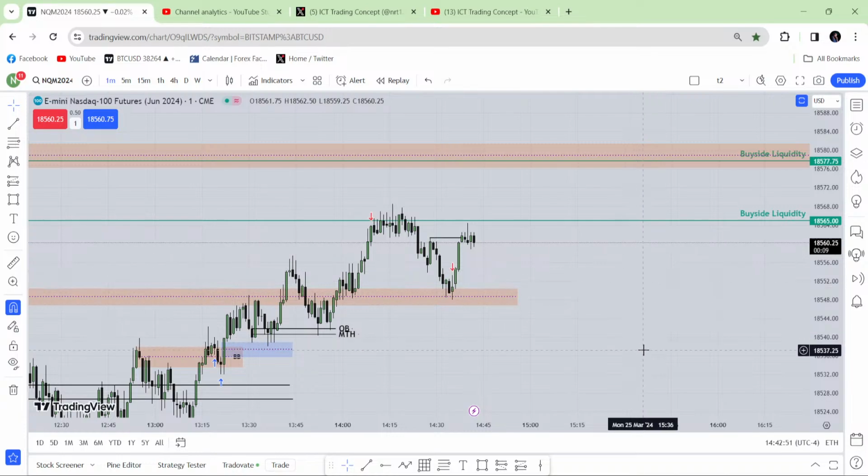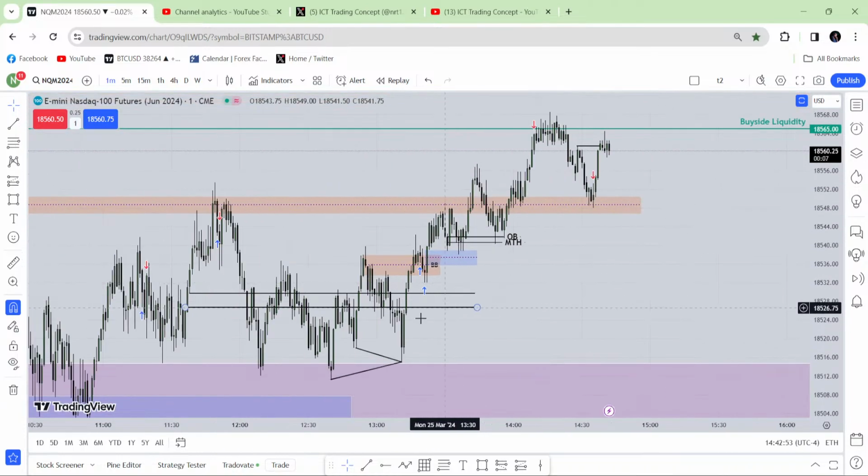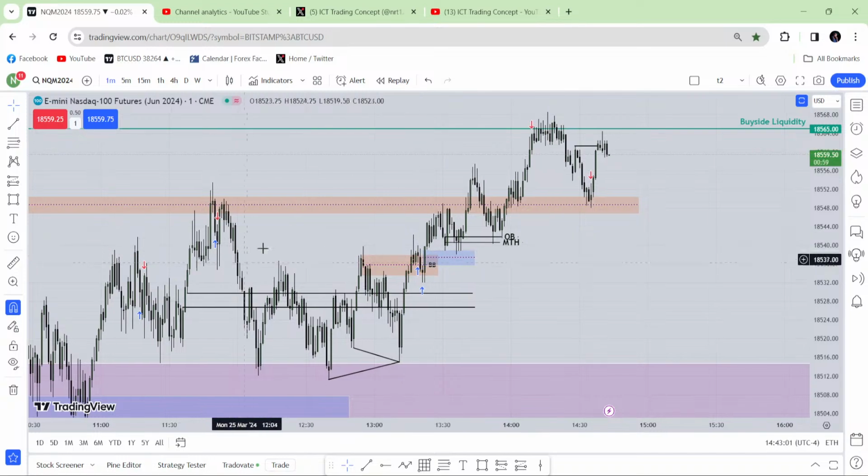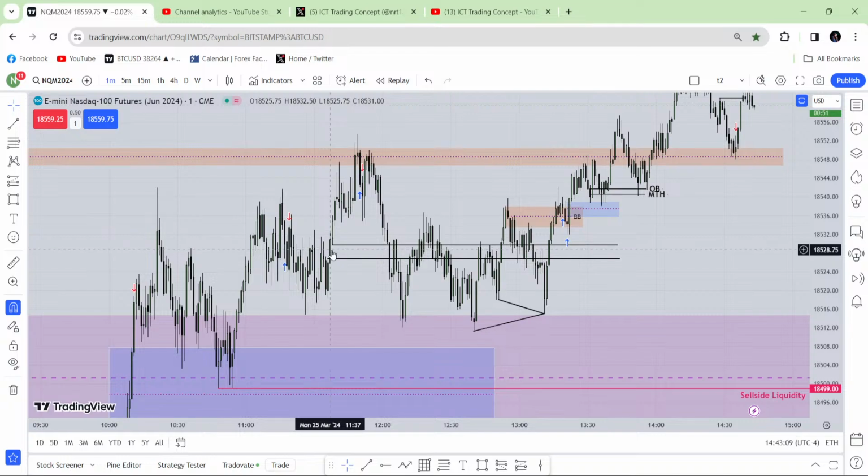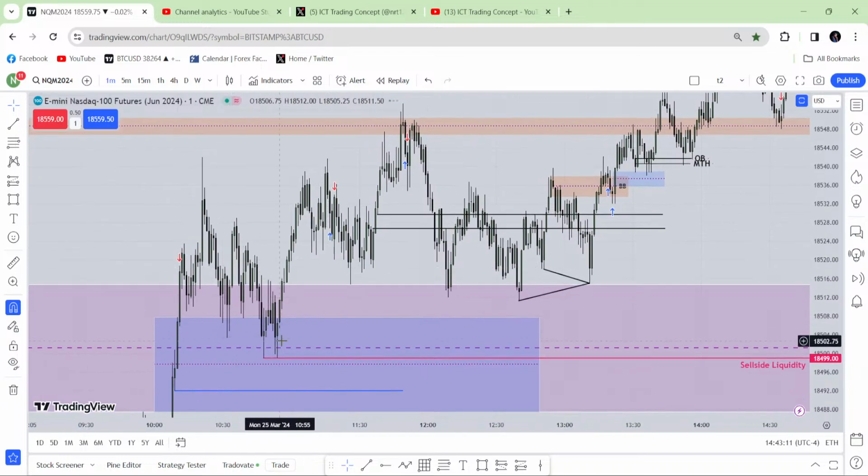Okay, the theme is market will take the liquidity, market structure shift, fair value gap trade, then order block trade. Market will make an area that will be unfilled. When that unfilled area is filled by the body later, then I will look for the breaker block. See this unfilled area? Market has taken some liquidity, market structure shift, fair value gap trade, then order block trade, market went higher. This is that unfilled area. This unfilled area is traded and filled here.